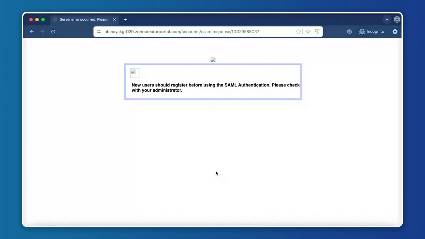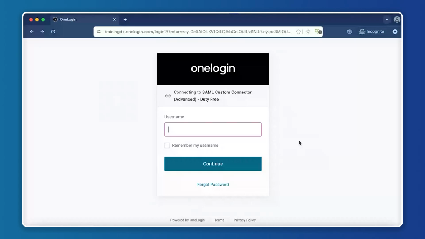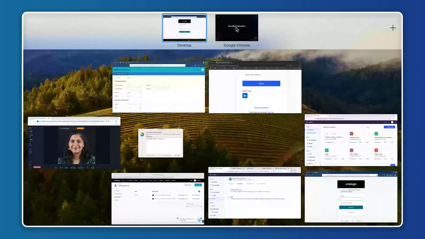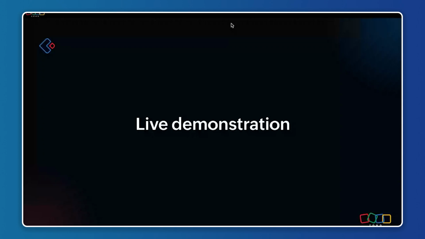So in this way, the user can, there is a server error, but once the users are added, this is the page that they will be redirected to. One user can be assigned multiple apps, and with OneLogin, they can log into multiple applications which they are assigned to. So in this way, they don't have to remember the login credentials of each and every application that are assigned